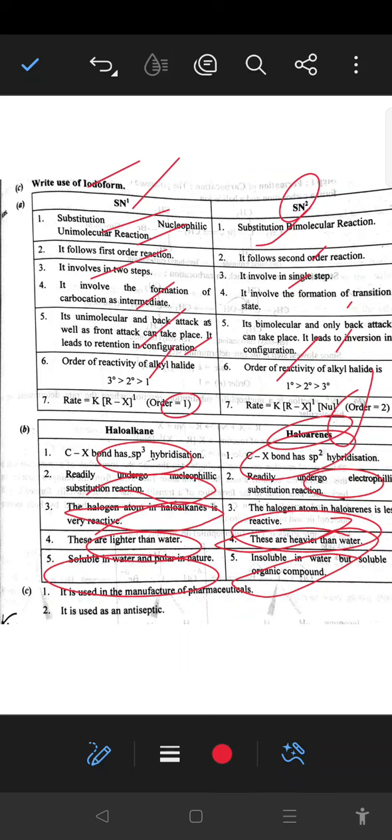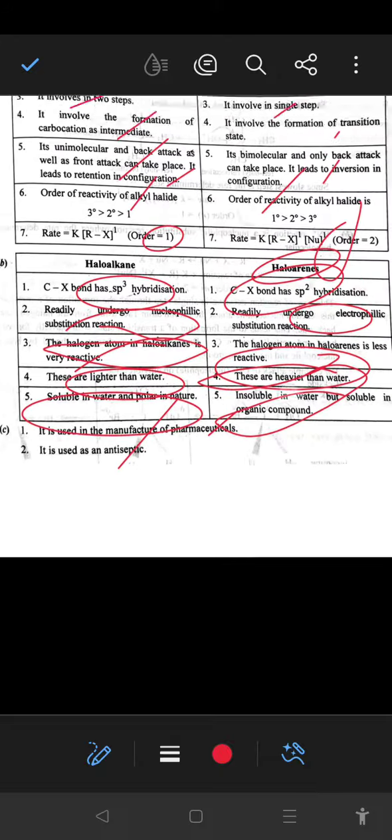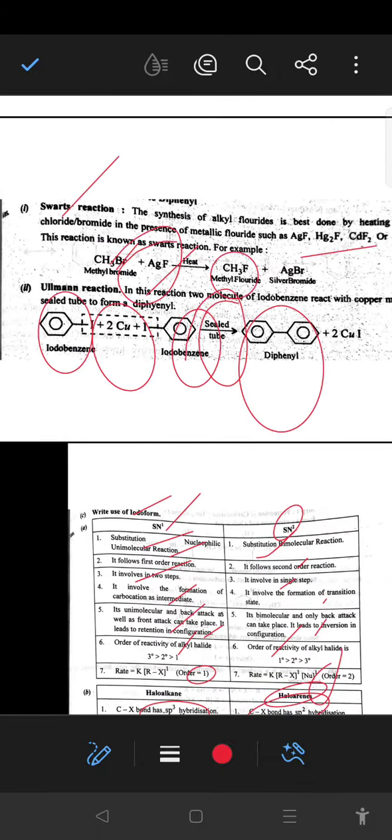Last question: use of iodoform. It can be used in pharmaceuticals as an antiseptic. So it is clear that